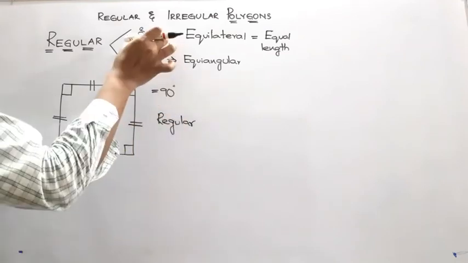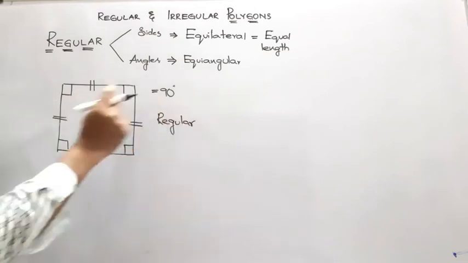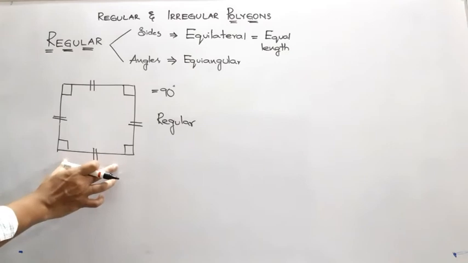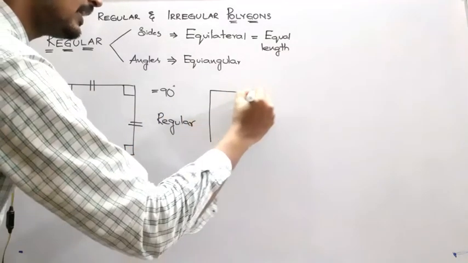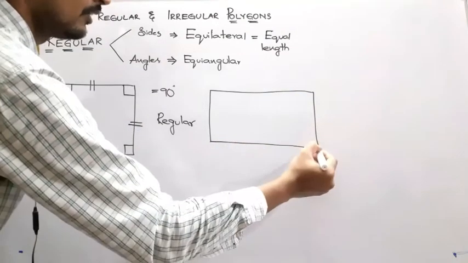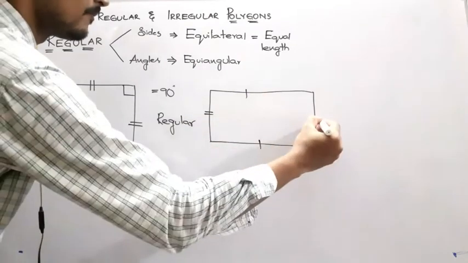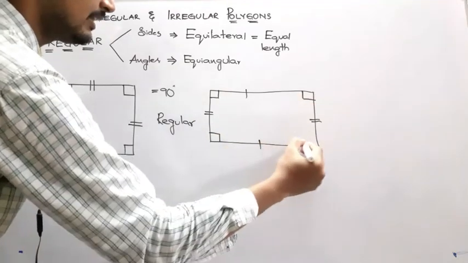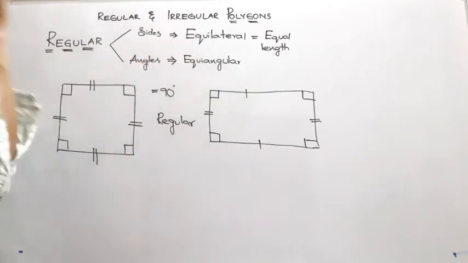This is very easy. Looking at the figure itself, we can decide. If they show you the signs like this, they won't specify the angle exactly or the length of the sides, but they will give the figures like this. For example, take a rectangle. I am showing you the figure like this. Through this we can directly say that the given polygon is not a regular polygon, whereas it is an irregular polygon.